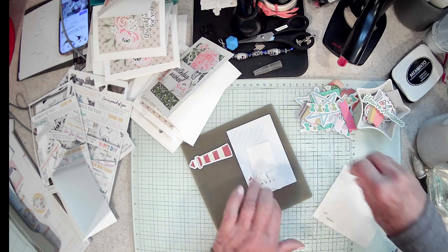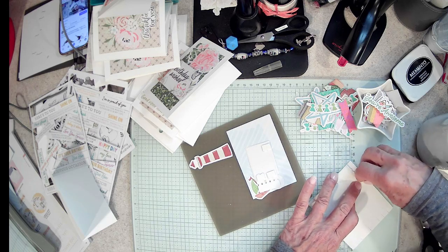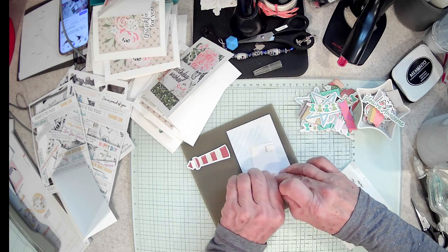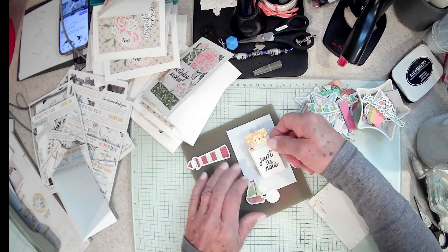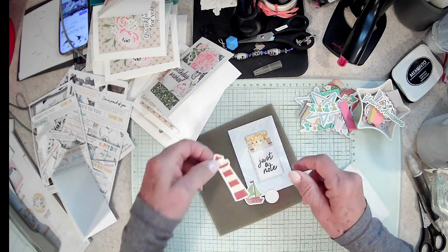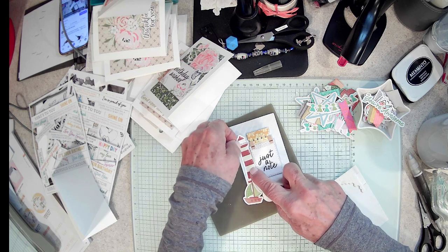Now, these note cards are kind of fun. Fun to stick on people's desks. Fun to leave at a table, like if you go out to eat, just to leave it as a little gift. Put your tip money in there and leave them a little card. I love doing that. I had made a bunch of them to take on my cruise back in February, and it was really fun, just like at your dinner plate, to leave a little note. All right, so this one, I'm just going to put back behind the lighthouse,